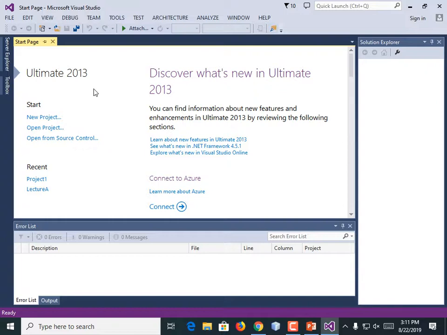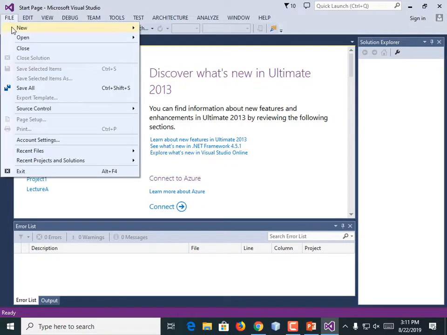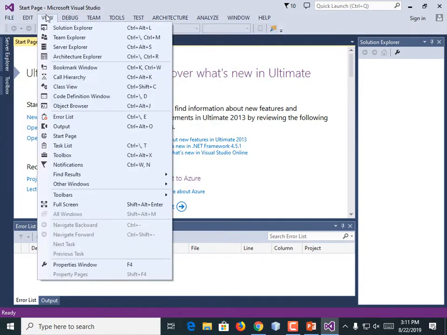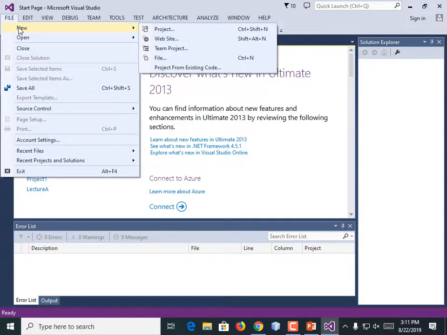I need to reinstall and get the professional version and see if it looks a little bit more like this. Specifically, when you go to do a File, New Project, it just flat out looks different under Visual Studio 2019 than it does in 2013.